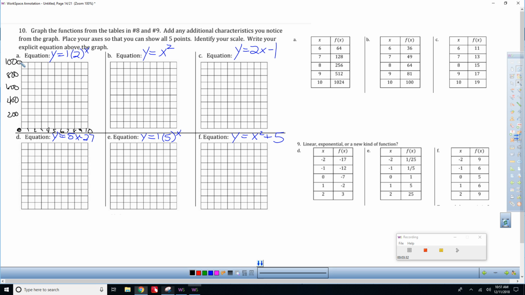So, let's see. If I put in a 6, I get a 64. So that's about a little more than half of 100. If I put in a 7, I get a 128. It's about right there. If I put in an 8, I get a 256, a little more than halfway past 250. If I put in a 9, I get a 512. And if I put a 10, I get 1,024. Okay? So now I'm going to make a curve that passes through